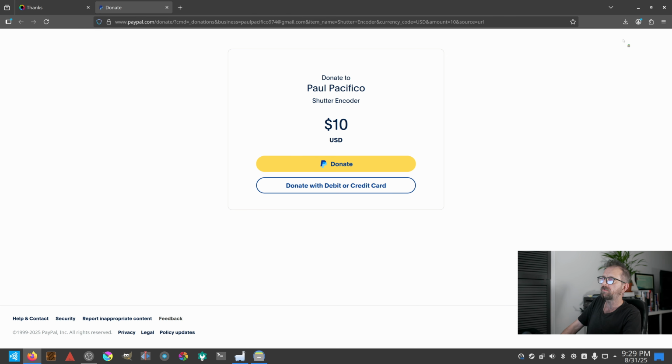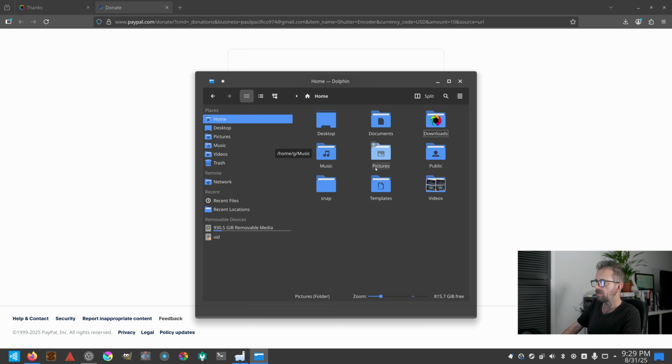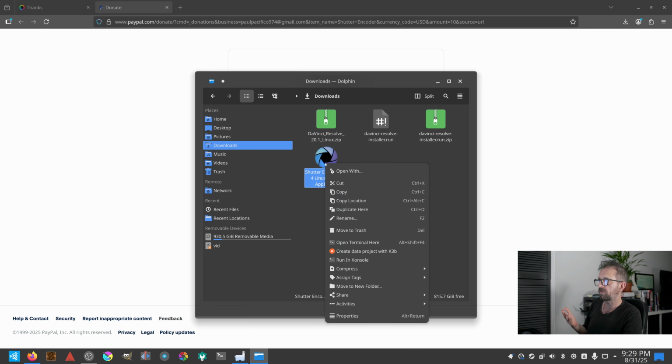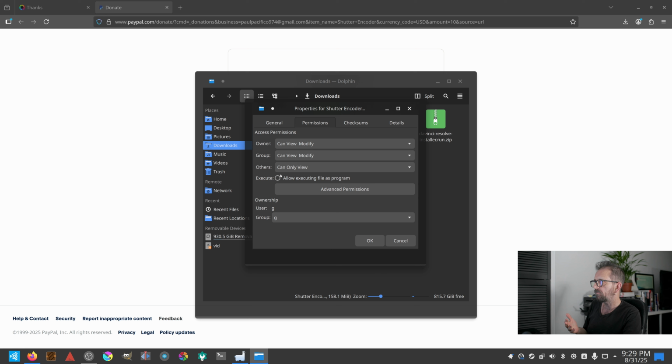Okay, so that's it. So just go into the folder. And this is another weird thing. Just point this out. This is great, but it's weird. None of these folders were here. All it had was home and desktop, and I had to work out how to. If I go home, see downloads, isn't there? You have to drag that over and pop it in there. You'd have thought, I mean, these are the main folder levels on Linux, so you'd have thought they were there. Anyway, to run Shutter Encoder, you just right-click on it, go to Properties, and then in Permissions, allow executing